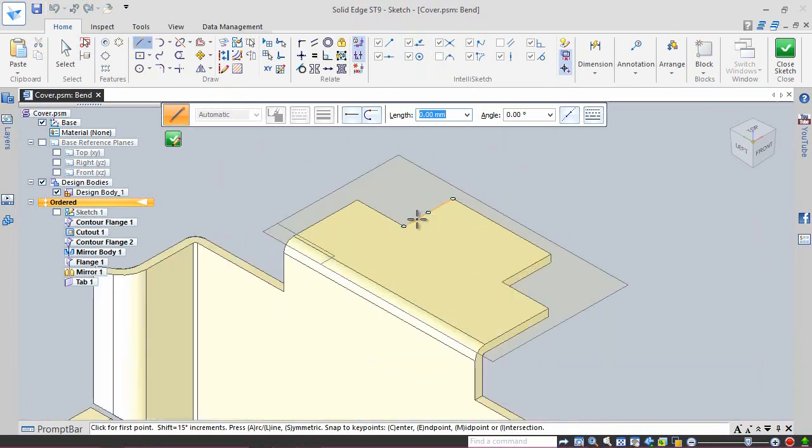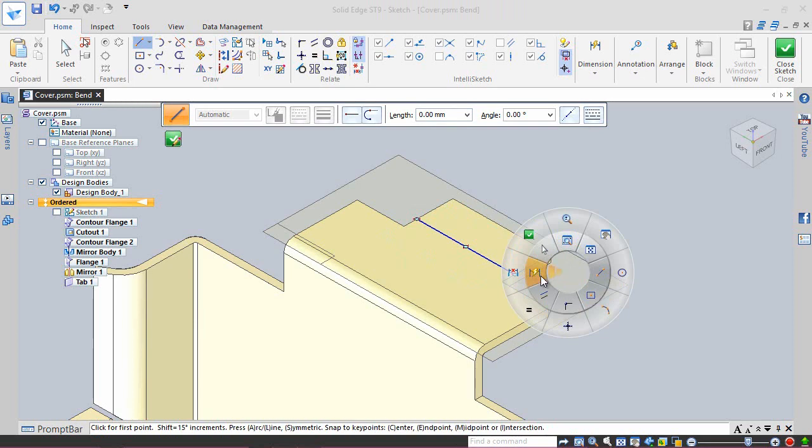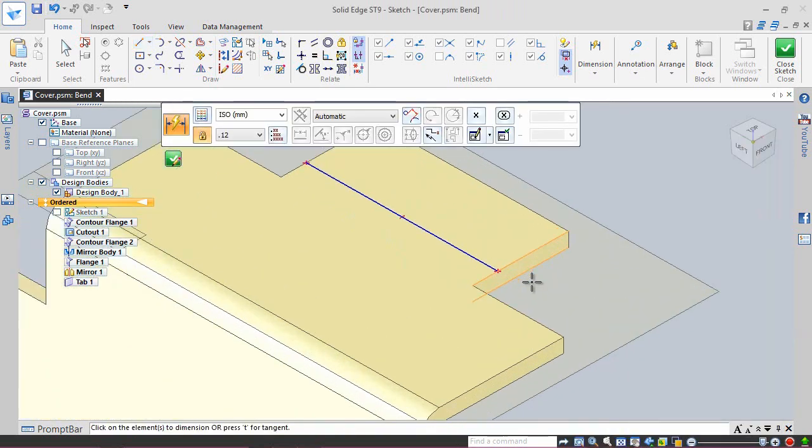Create a line coincident with these two edges. Apply a dimension of 9 mm to put this line at the defined position. And click the green check mark.